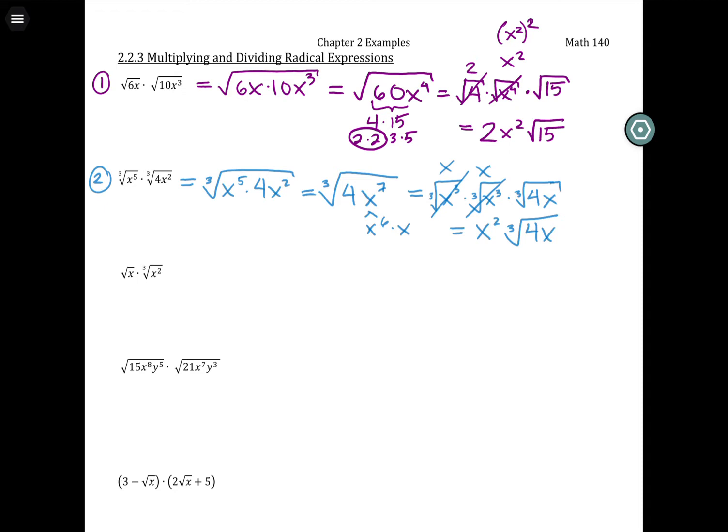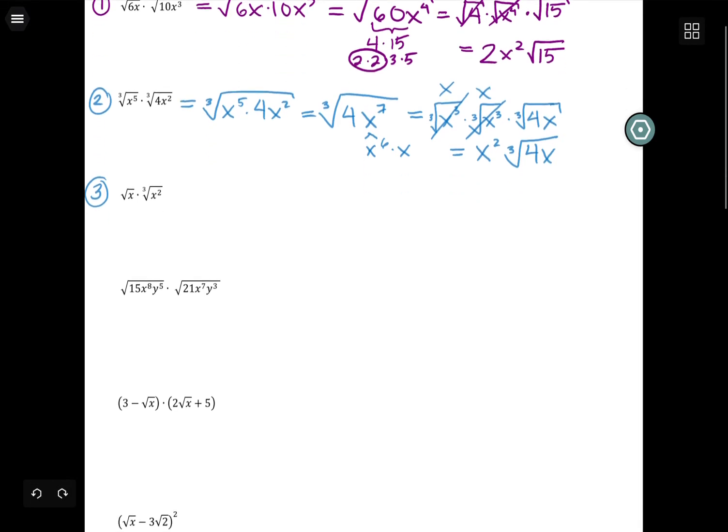Next one, I think we'll do 4 of these, and then I'll split my video up. We have to be really careful about this. We can't just mush those roots together because one is a square root and one is a cube root. So that's not going to work for us. What we can do is convert the